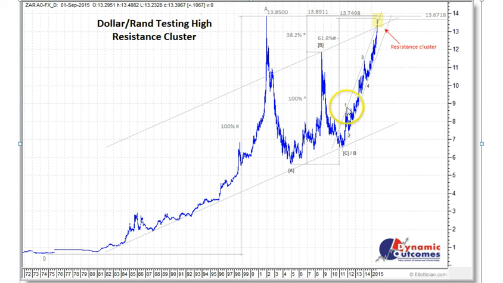For instance, if we take the length of wave 1 and extend that by 1.618, we end up with a projection just around about the 1370 area again. And also if we extend wave 1 by a Fibonacci ratio of 2.618, we also end up with a level within this price cluster. So by rights this should hold,